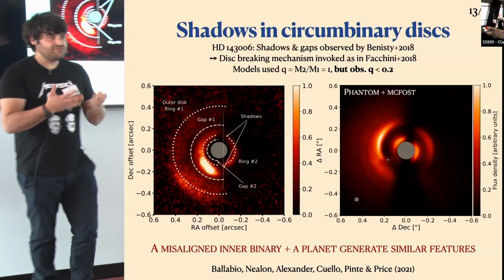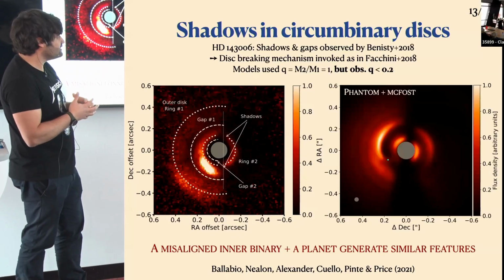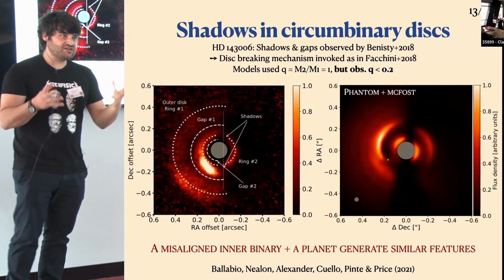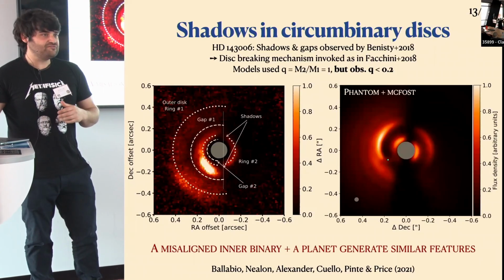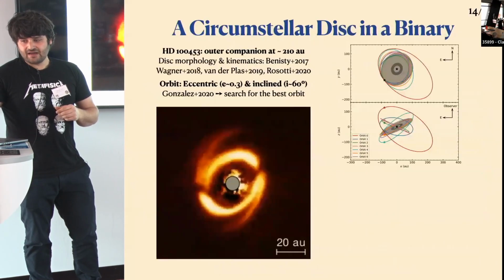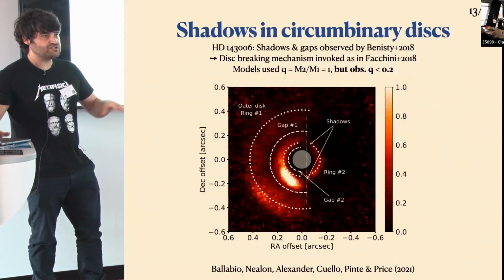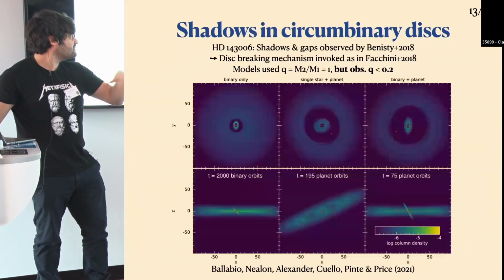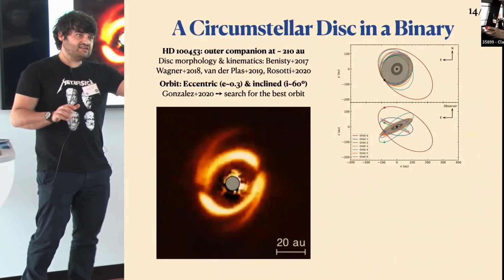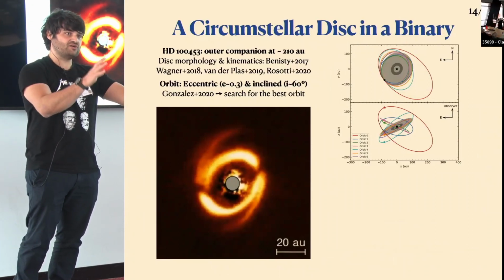We asked for time. Unfortunately, we didn't get it to confirm this, but perhaps it will be found in the near future. But you see that as soon as you put a binary, everything becomes very interesting and you have a lot of structure that naturally emerges from this. Another very nice, interesting case: here I was talking about circumbinary, if you wish, so two stars in the center and what happens to the surrounding. But if we now go to a circumstellar disk in a binary, so you have a binary moving around, and then you put a disk around one of those.